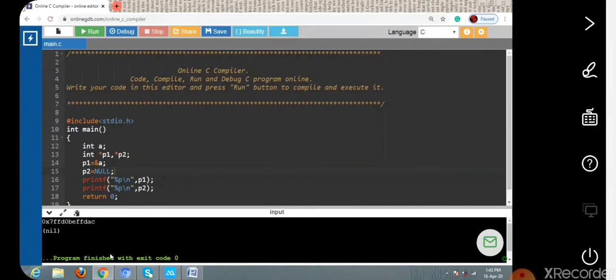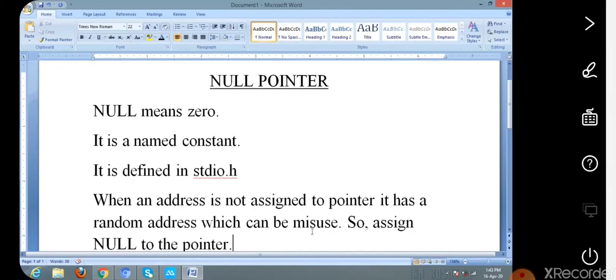So this is the basic concept of a null pointer. In this online editor we always get nil, but when we compile and run it in a normal compiler, the value of p2 will be printed as 0. That means whenever you write null to a pointer variable, the compiler converts that value to the numerical value 0.